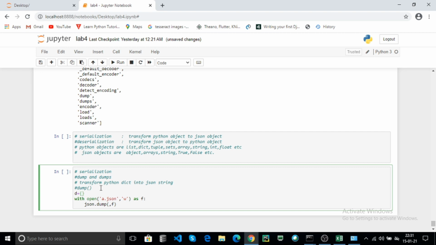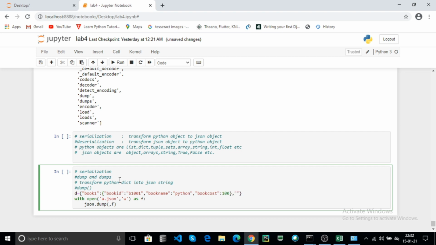Now here you have two books. Now create a dictionary for that. For example, book 1. Book 1 contains book ID, for example B1001, book name Python, and book cost, for example 100. This is book 1.